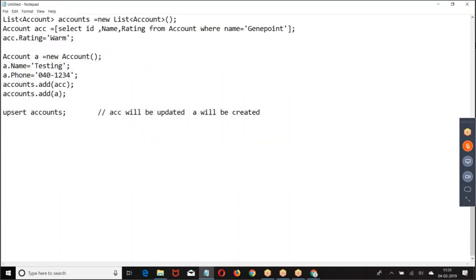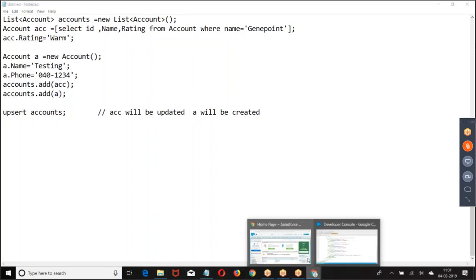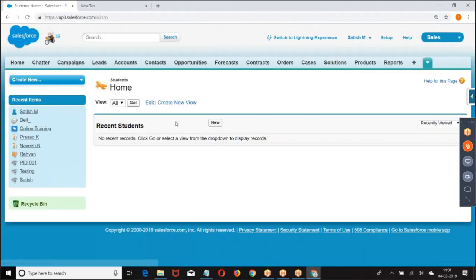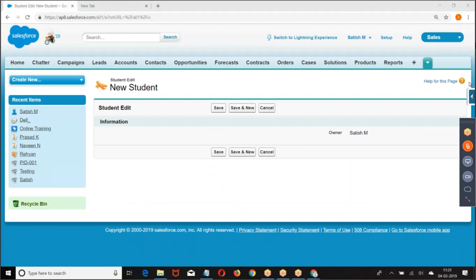Now, I want to do it on the basis of external ID. How do you do it on the basis of external ID? Let me give you an example here. Student, no fields here.